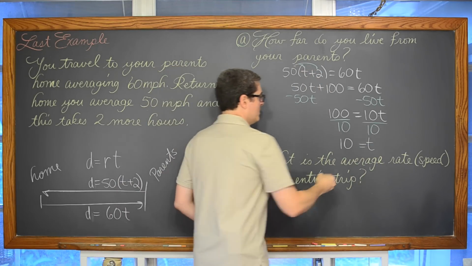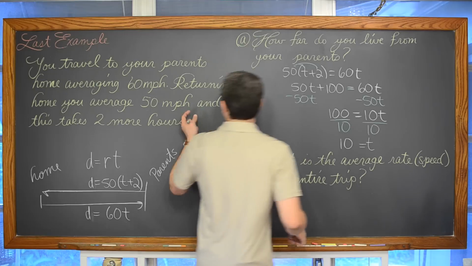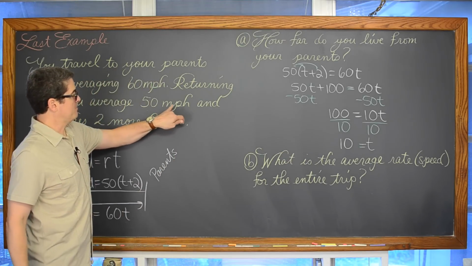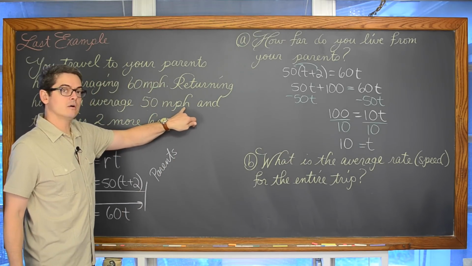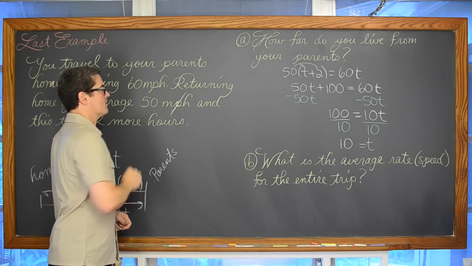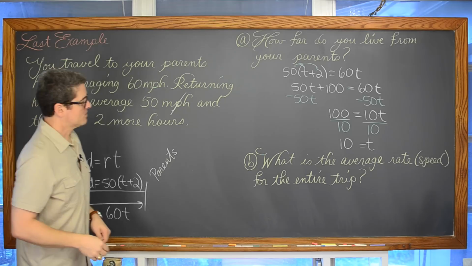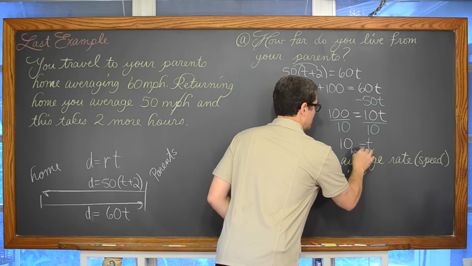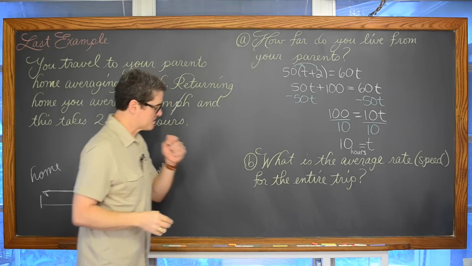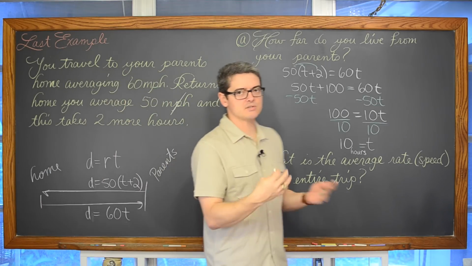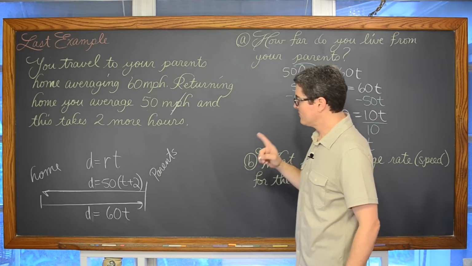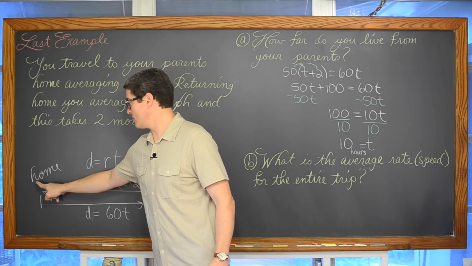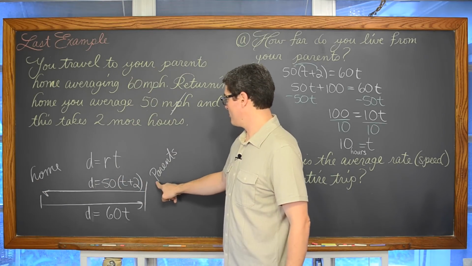And we can assume that since we're talking about, oh, by the way, you might not understand this, mph is miles per hour, or miles over hours, and that means that our time period is 10 hours. Now, t was 10. Now, this is a word problem. It's applied to driving. Now, what the heck was t? T was the time it took you to go from home to your parents.